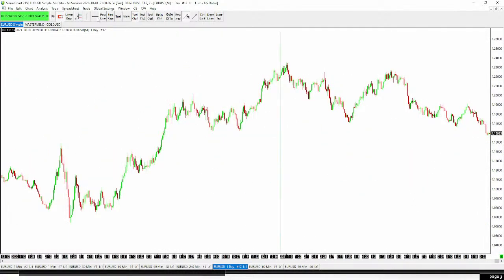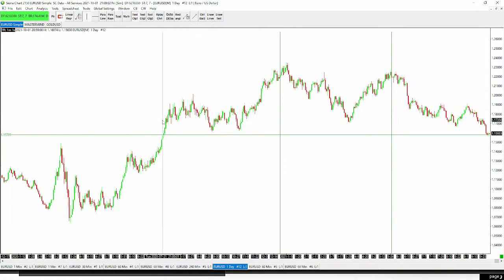So we can see from about here, which is May 25th, or maybe May 24th, to where we are currently, we've seen 686 pips in the euro US dollar. If we look back for this price right here, we can see that we haven't even been at this price since we passed through it right about there. And this is July 2020. So over a year ago since we've seen these prices.